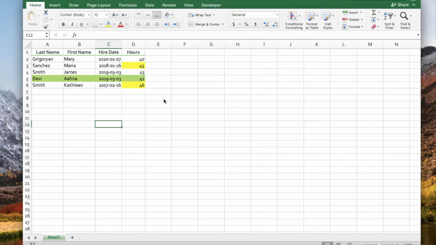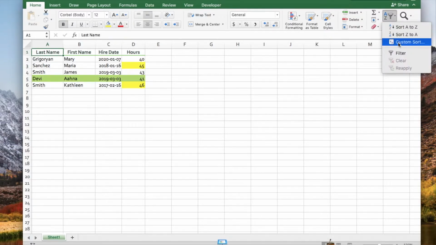In this video, we will show you how to sort in Excel. By using the sort commands, you can create a sort with different levels based on your criteria. Let's click the first column header, and on the Home tab, click the Sort and Filter button and click Custom